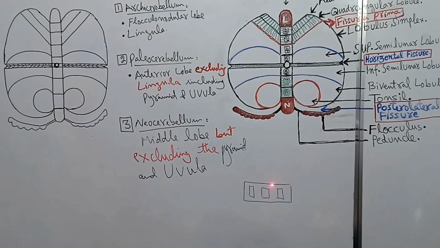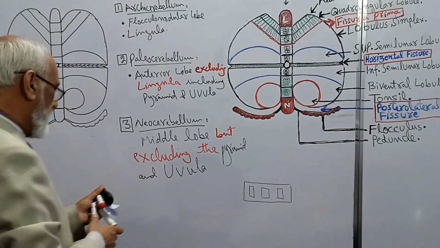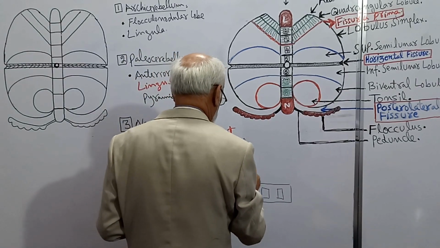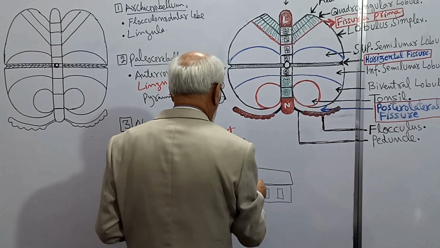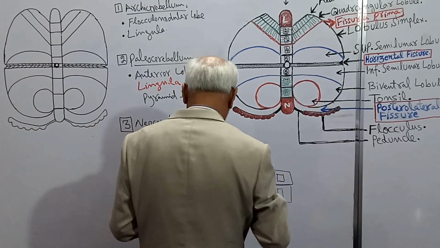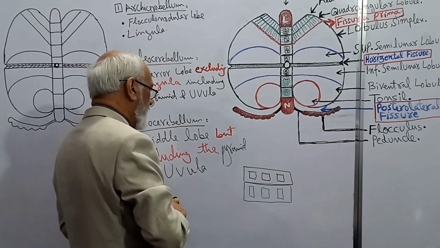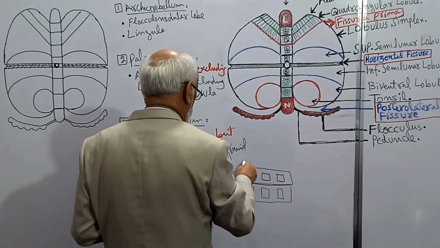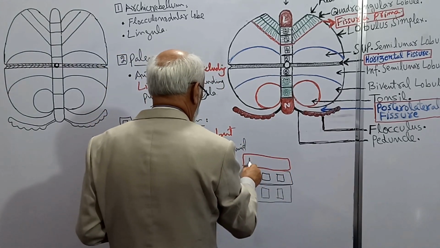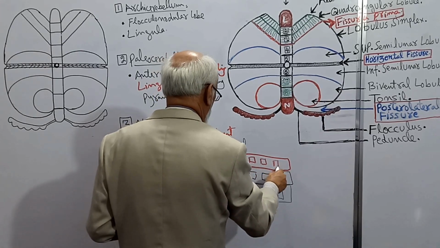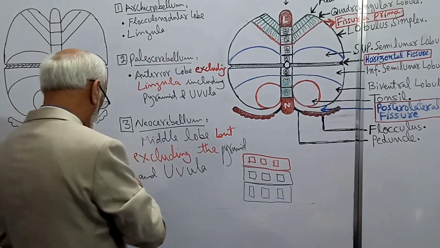So in the next year, you collect the money and then you construct the second floor of the building. Again, you have no money to complete the top floor, so you wait to collect and arrange the money, and finally you construct the top floor. Now this building is completed in steps.